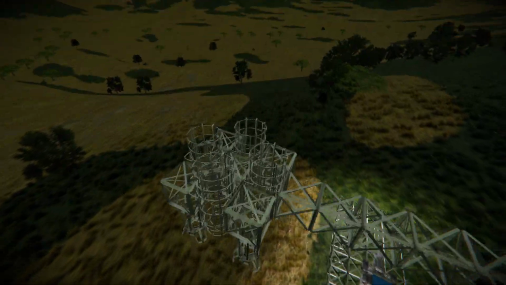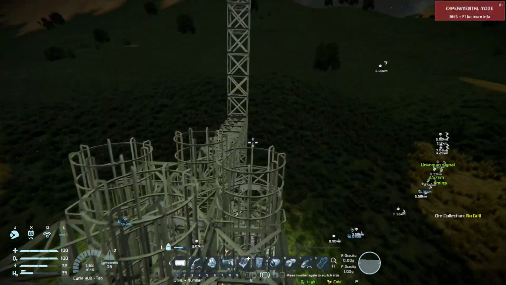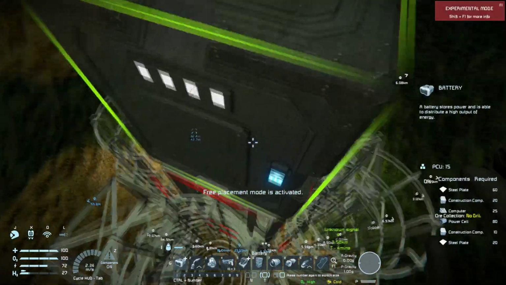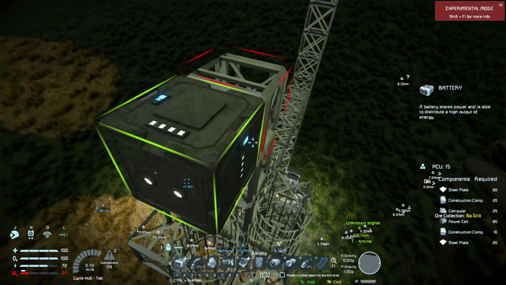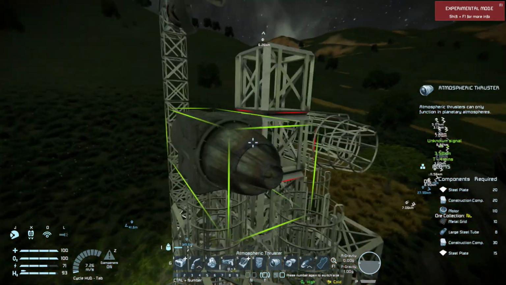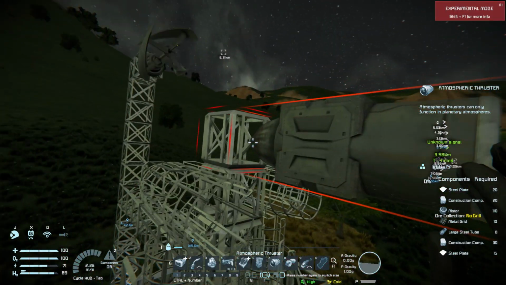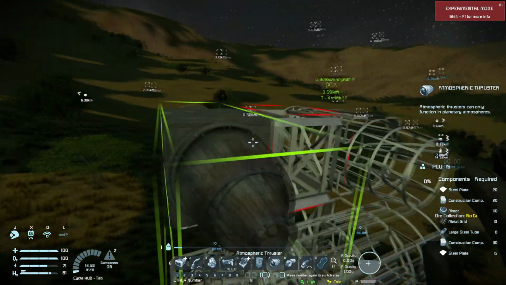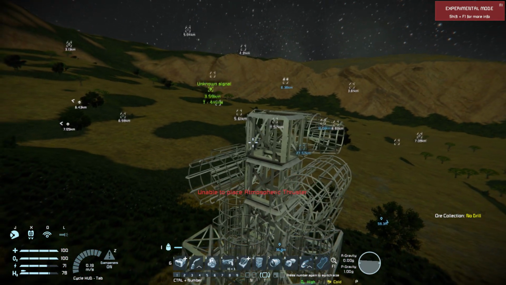I hope that we can actually pile this into the ground properly like this, because if not, there would be problems. Let's try and put a battery down here as well. We'll have 3 batteries, and then we'll have a thruster going like this. Thruster going like this. This. And finally this. And then we will need...